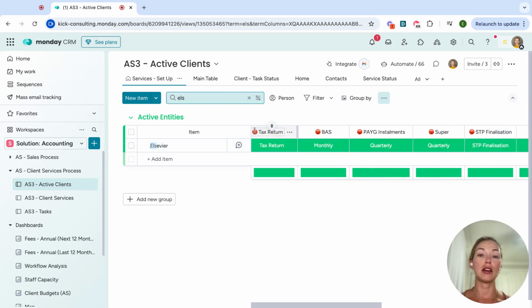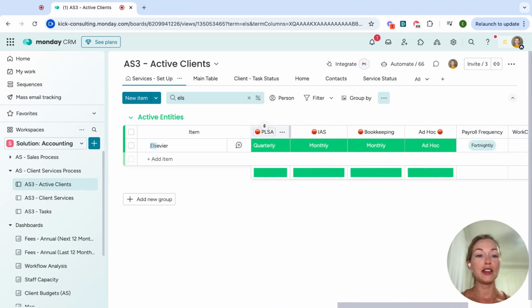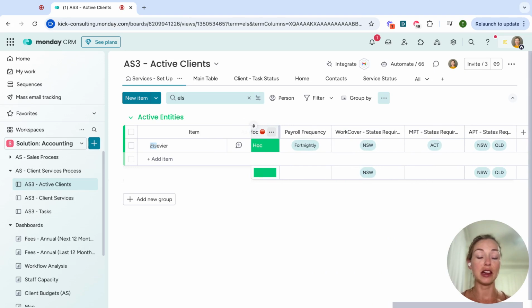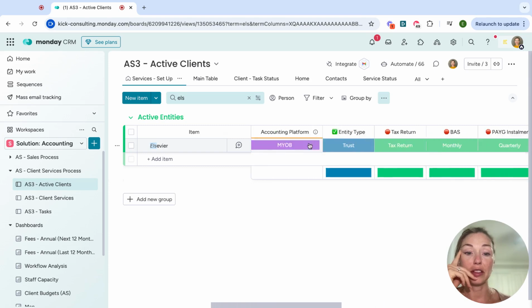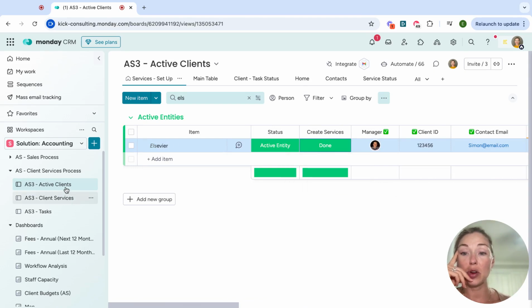We use this sort of marking shortcut labeling system that shows which columns are necessary to create automation. So those red dots are necessary for automations. Green ticks are automated fields. So you usually would see them throughout the build. So you can see you choose the services that the client is enrolled in, and then you choose the frequency of these services. Once that's done, you would then select that it's done, and it will go to the next level down